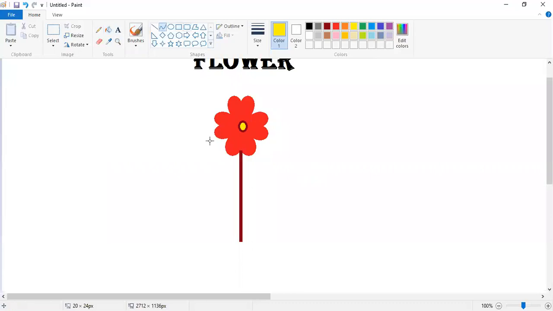Then what is left? The leaves. For drawing the leaves, I will select the curved line.